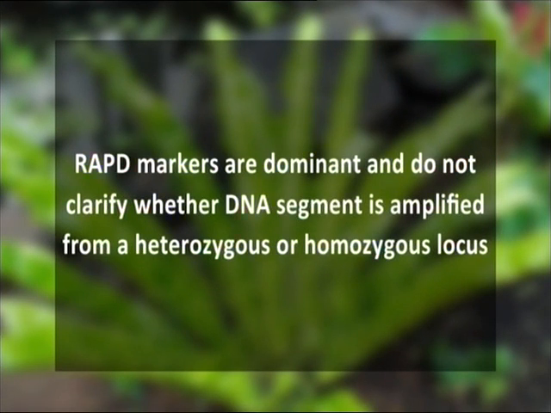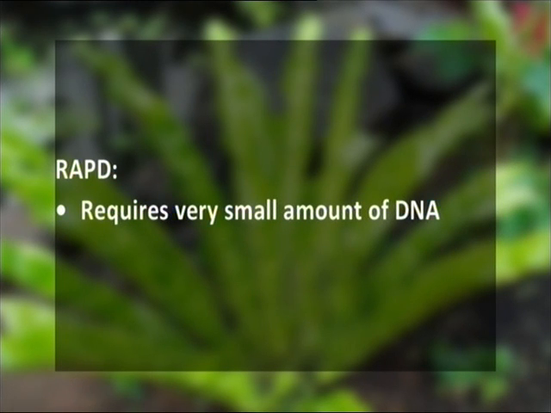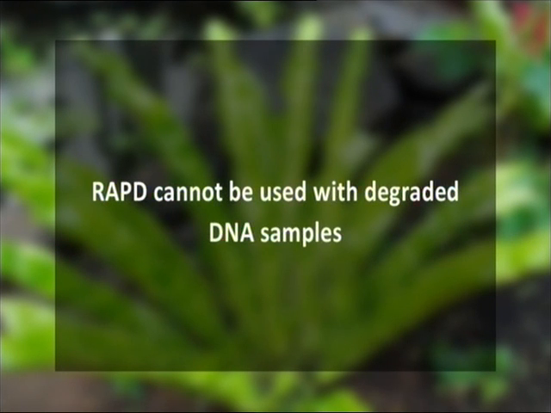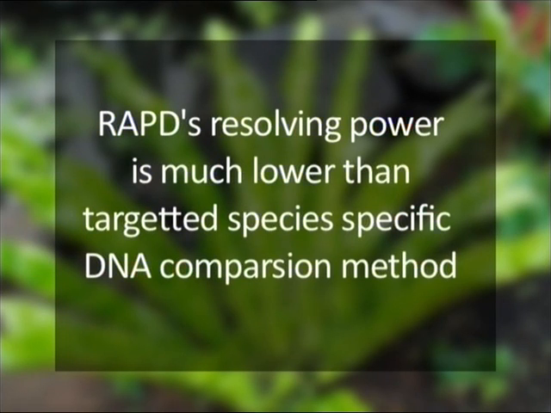RAPD markers are dominant and do not clarify whether a DNA segment is amplified from a heterozygous or a homozygous locus. RAPD requires a very small amount of DNA and involves no blotting or hybridizing steps, therefore it's quick, simple and automatable. However, it cannot be used with degraded DNA samples and its resolving power is much lower than targeted species-specific DNA